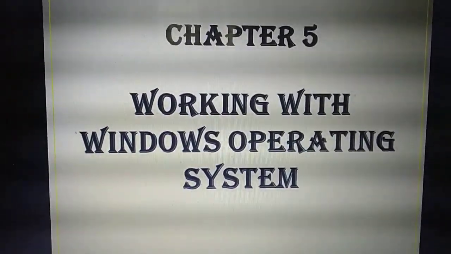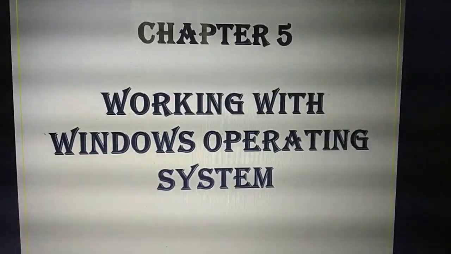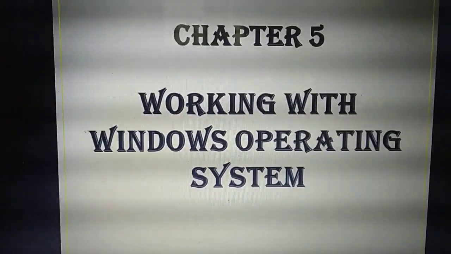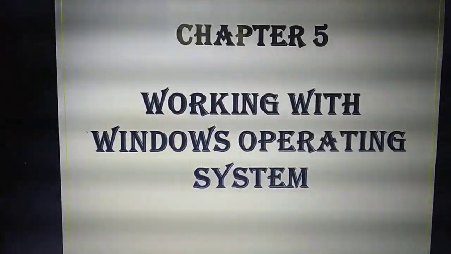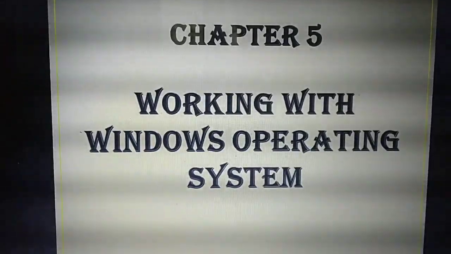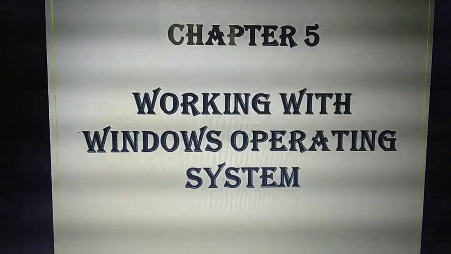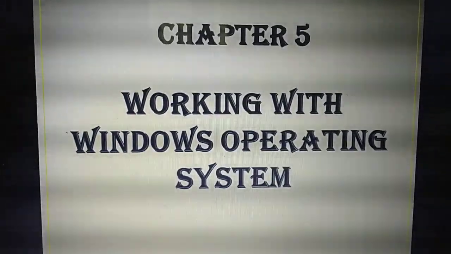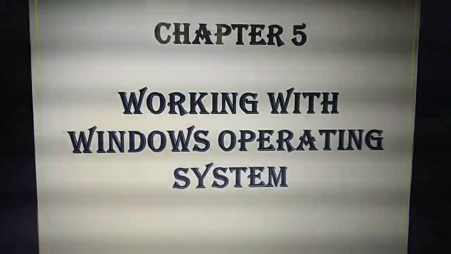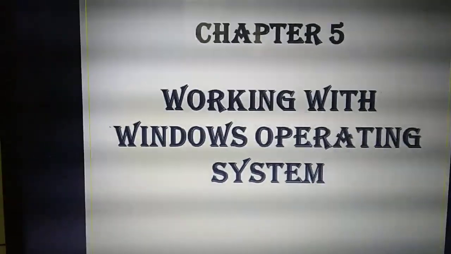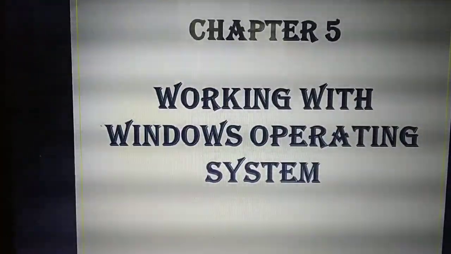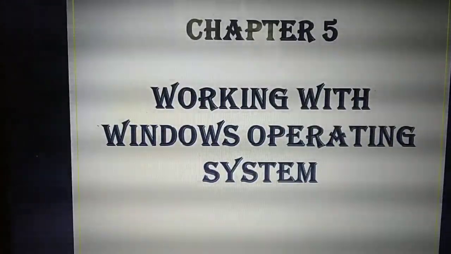So what do you mean by operating system? It is a software used for interaction between the user and a particular application, isn't it? In this chapter you are going to study how we are going to work in this operating system.